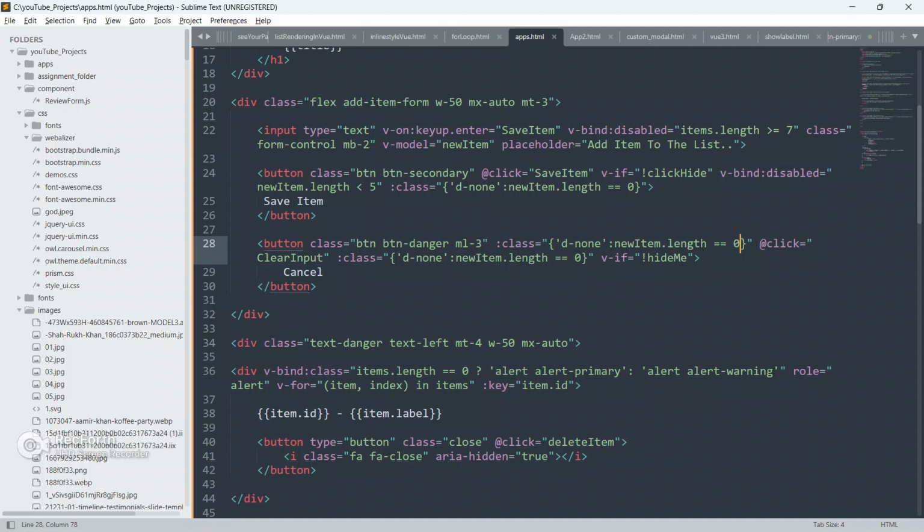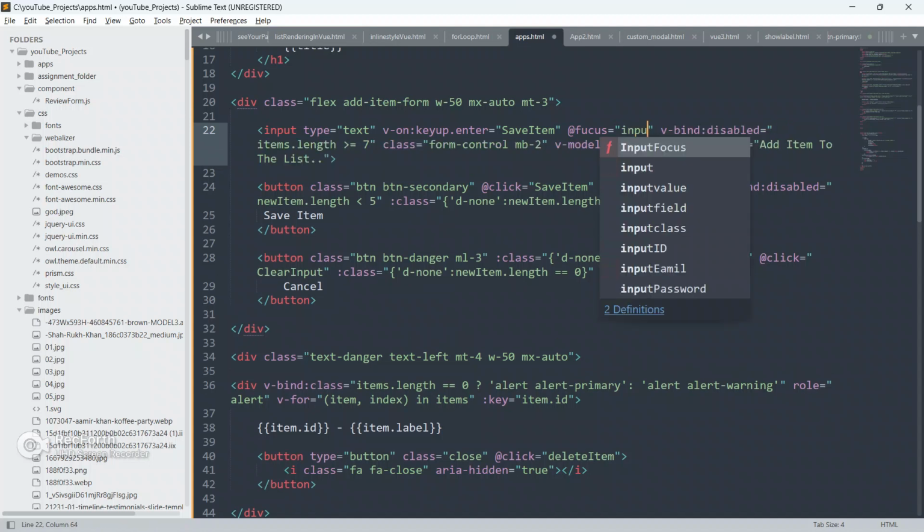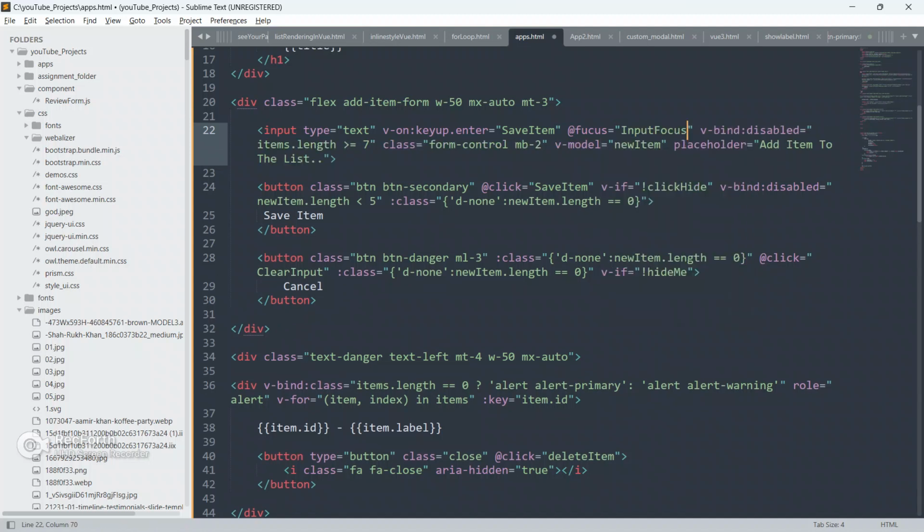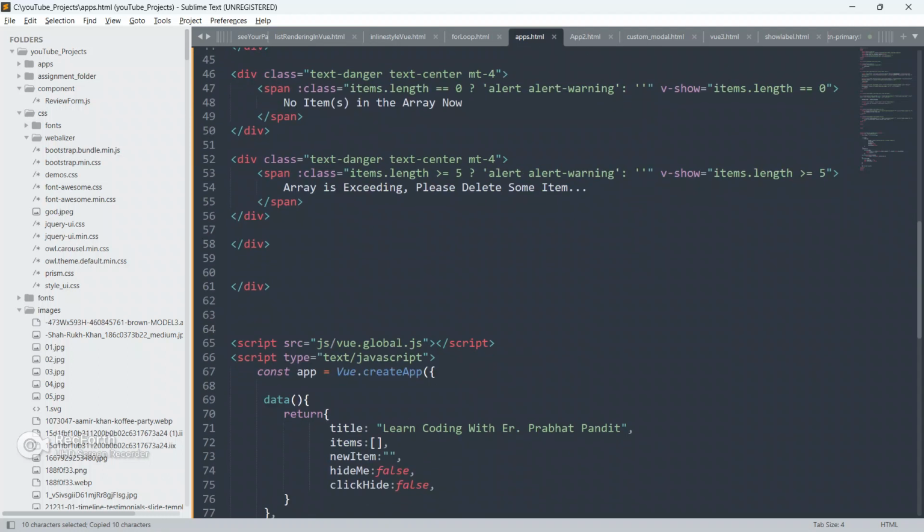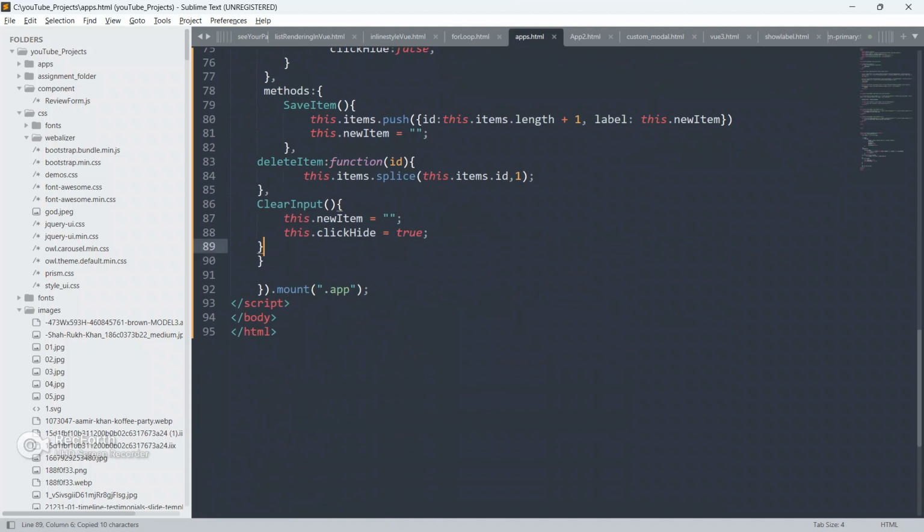And we will also do one more thing, @focus in the input box. On @focus I am going to run a method, input focus. Okay, input focus.